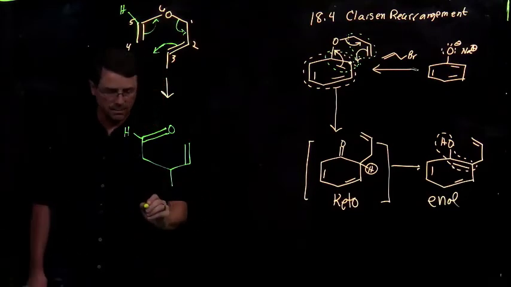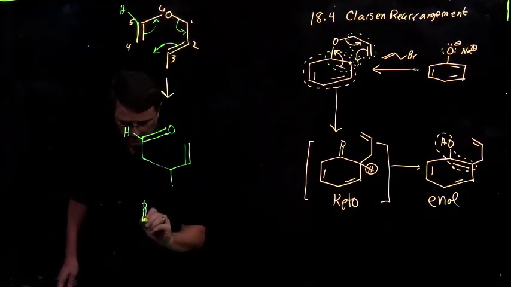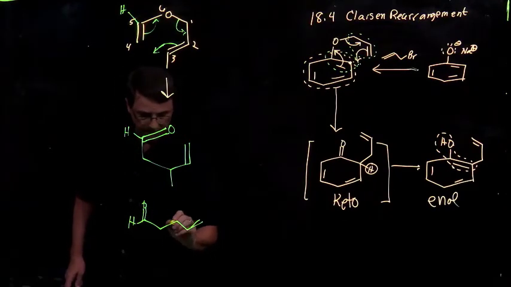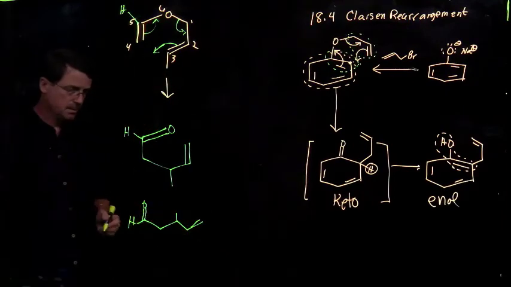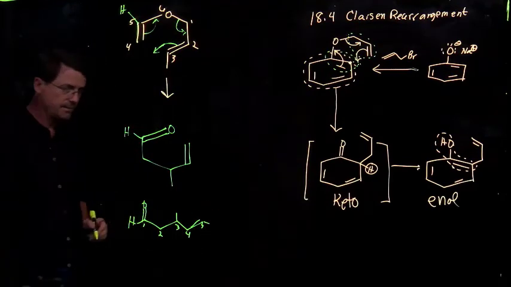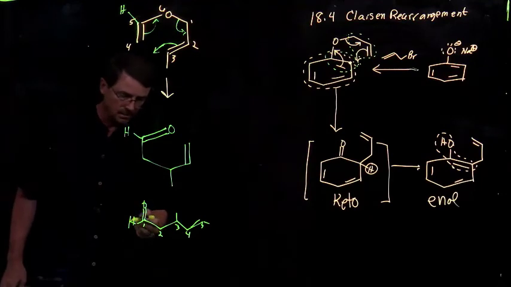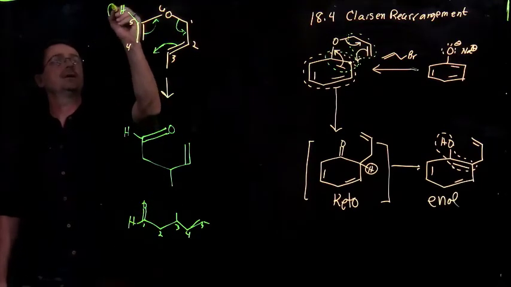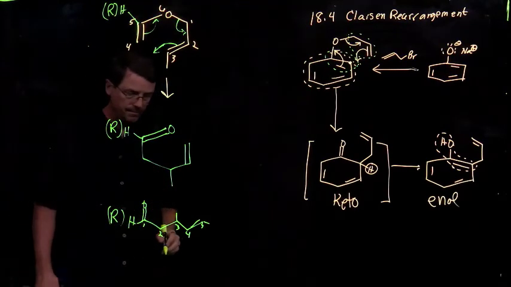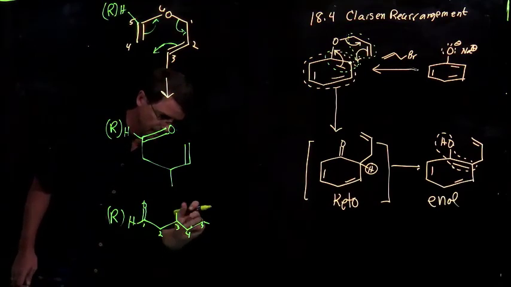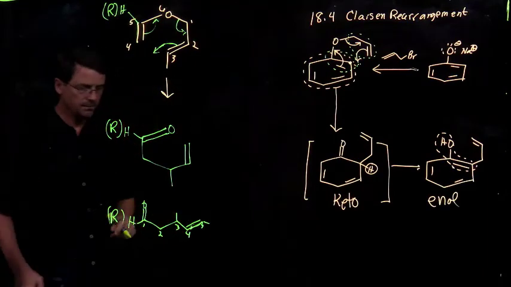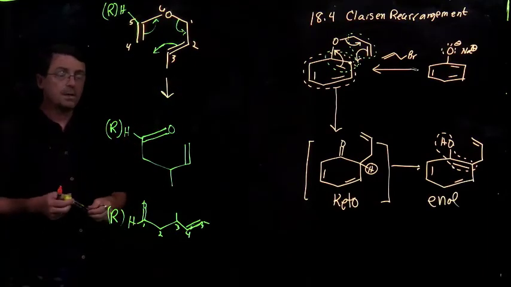Okay. So I'm going to draw this product in a slightly different way. So when we have a 1, 2, 3, 4, 5, when we have a 4, 5 aldehyde or ketone, this could have been R, in which case this would have been R and R. When we have an alkene, let me improve that alkene illustration. When we have that alkene at the 4 and 5 position, that's a clue that we want to go back